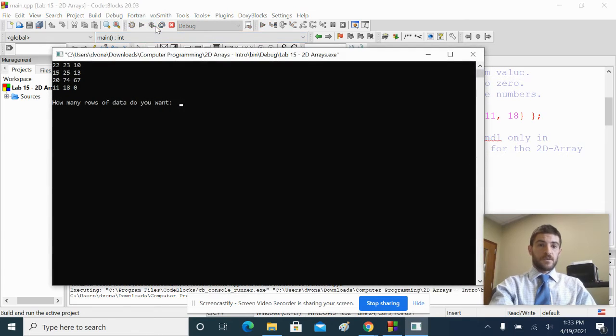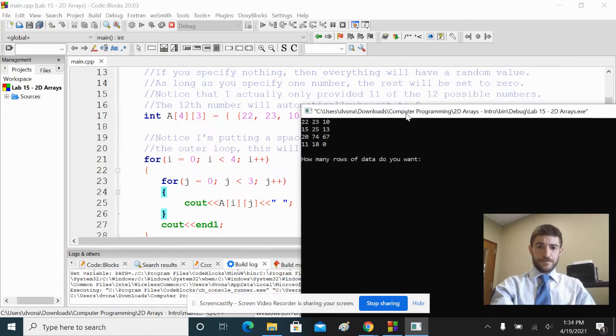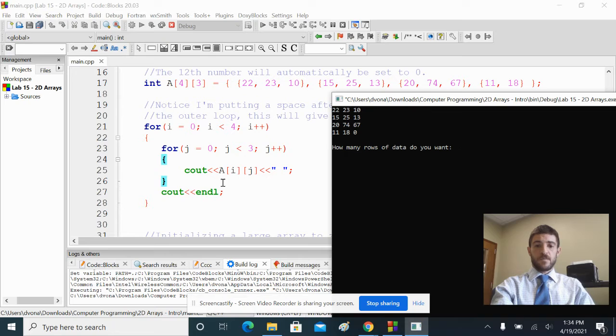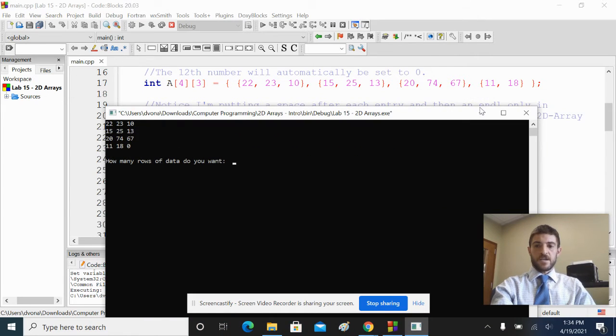So I'm going to run it, and you'll notice that as it printed out that 2D array, that last element is 0, just like I said it would be. But notice how the inner loop handles printing out each number with a space following it, so 22, 23, 10. And then when that inner loop is over, I hit enter to give it that table-like appearance. All right. So if we go back to the code here,